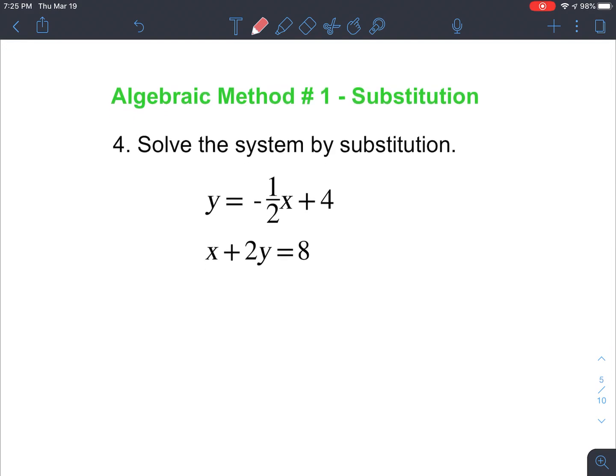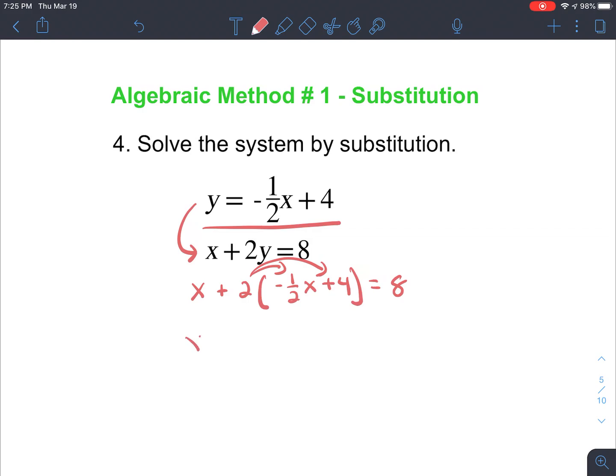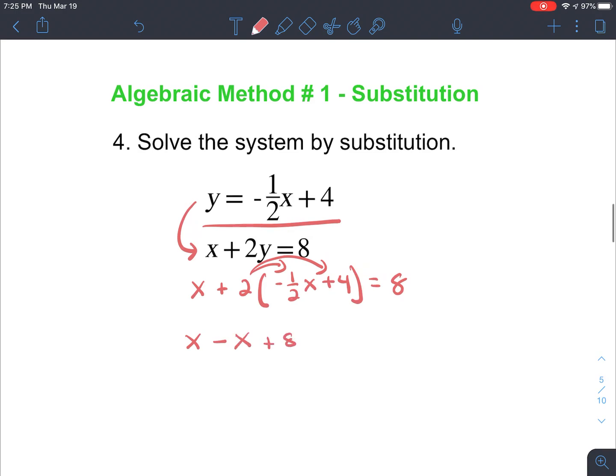And we continue. Solve this system by substitution. Another unique case. Okay, is one of my variables solved for? Yes. Let's plug it into the other equation. So that's x plus 2 times negative 1/2 x plus 4 is equal to 8. We distribute. When I distribute that 2, I get a negative 1x plus 8 is equal